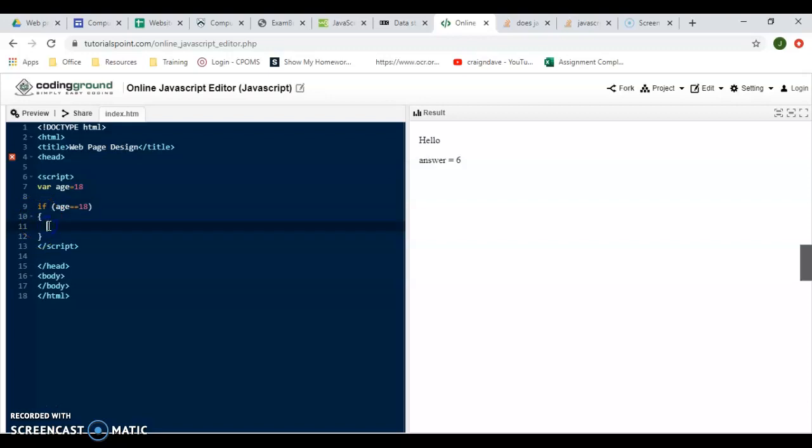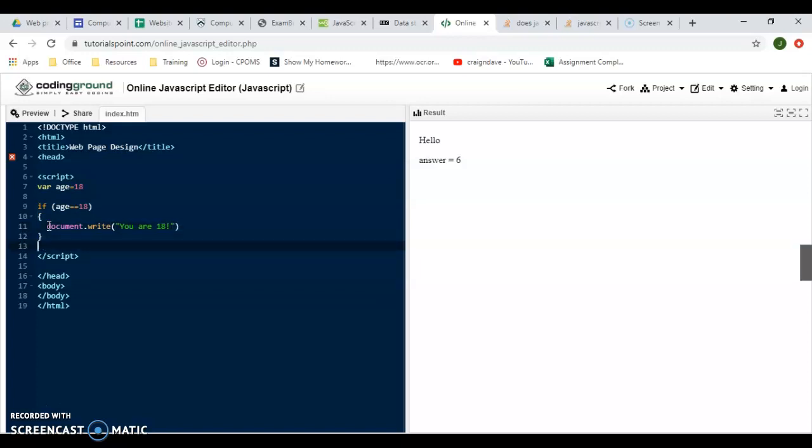So now we can actually do what we want to do with it. So I'm just going to do a simple document.write, which is just going to print out some code for us or print out some HTML. So we're just going to put UR18,